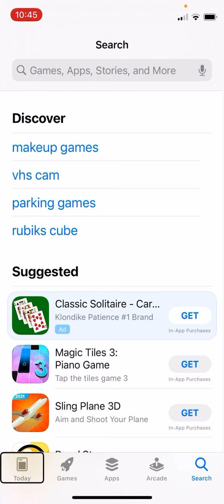And see we have multiple tabs listed here. From left to right, they are Today, Games, Apps, Arcade, and Search. So the Search tab, it says, is selected, so that lets us know that we are indeed in the correct